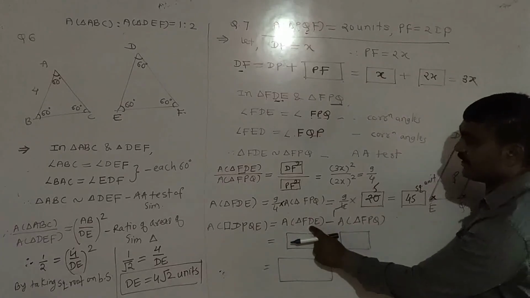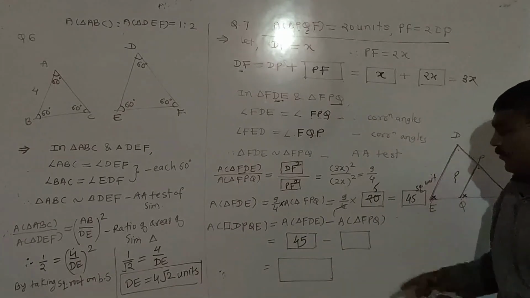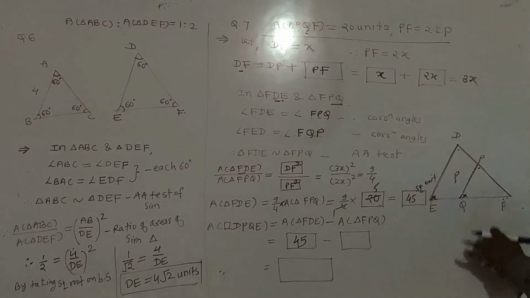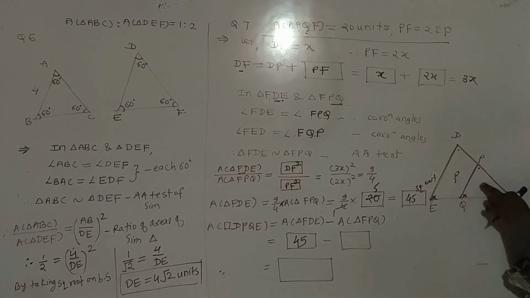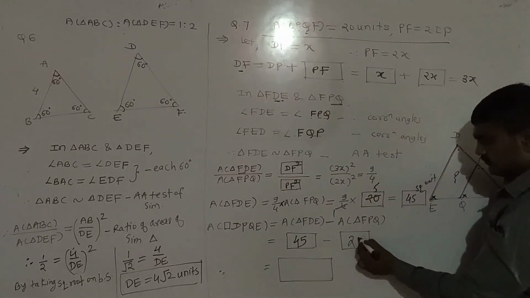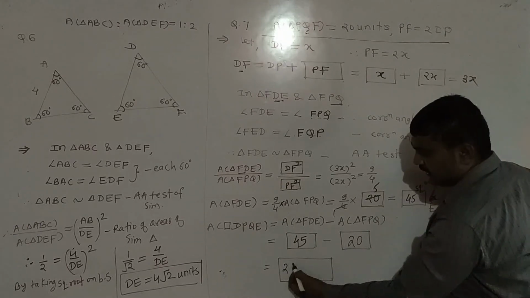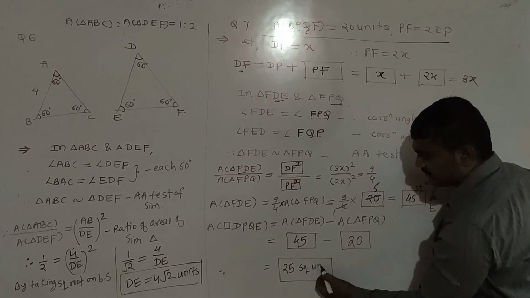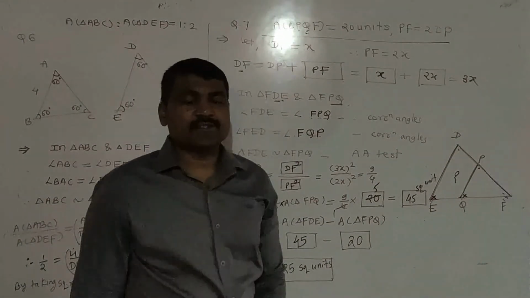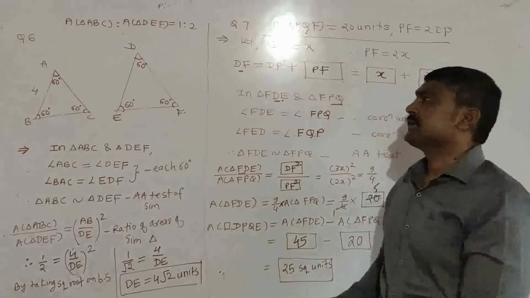What is area of triangle FDE? We got the area of triangle FDE is equal to 45. So put that value 45 here. What is the area of triangle FPQ? FPQ. We can write in any order. This is the same triangle. So what is their area? Their area is given by 20. Understood? So subtract 20 from 45. What is the answer? Answer is 25. Unit is square units. So this activity is completed. This activity will be asked in examination for 3 or 4 marks, which is a very important activity. So this exercise is completed.